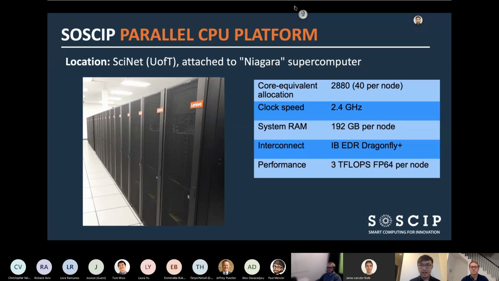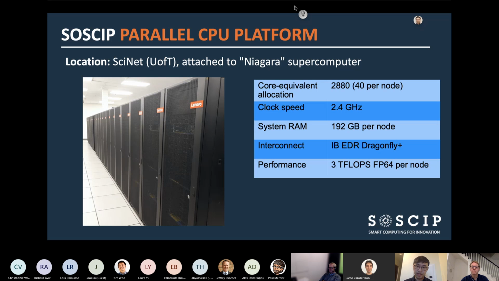And this allocation will give all SOSCIP users, SOSCIP projects, a relatively higher priority on the Niagara supercomputer than default normal users. Niagara has 80,000 cores in total, and each node is using Intel Skylake or Cascade Lake generation of CPU, which is the current generation, with a clock speed of 2.4 gigahertz and 192 gigabytes of RAM.